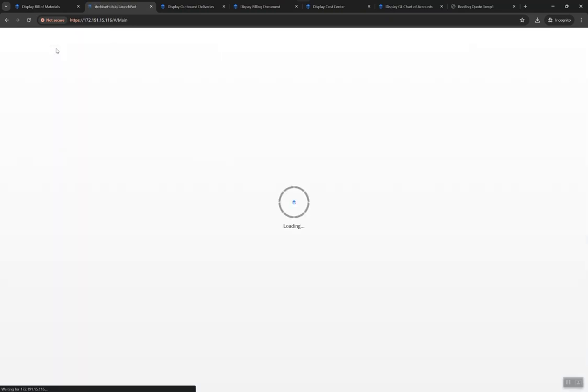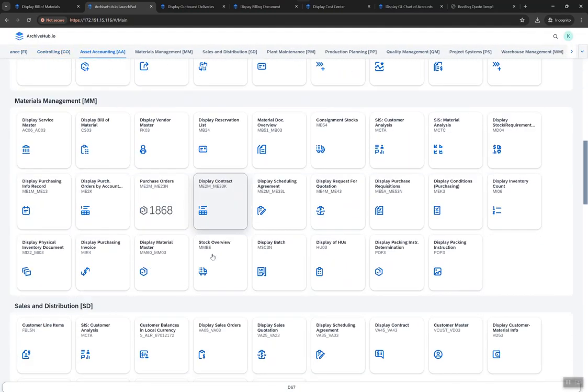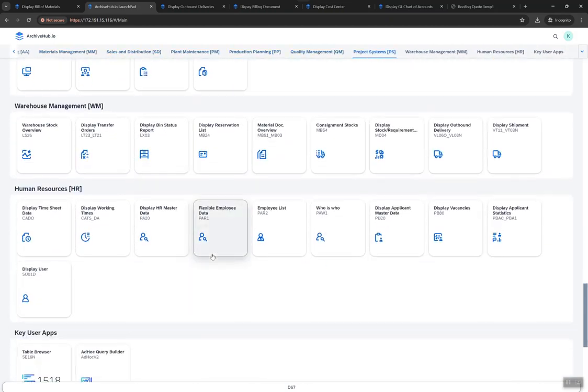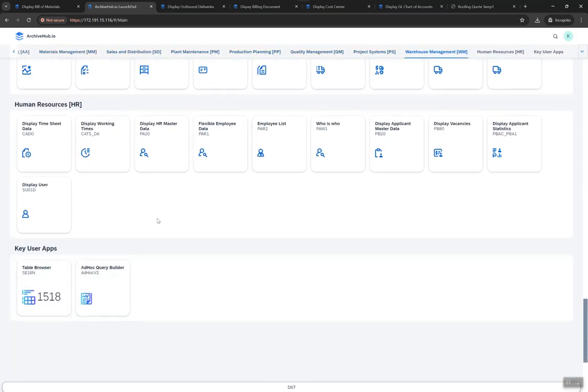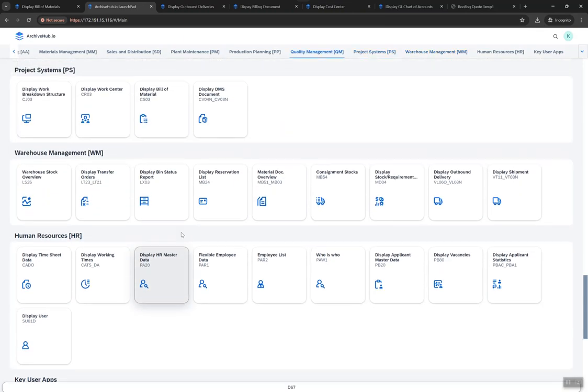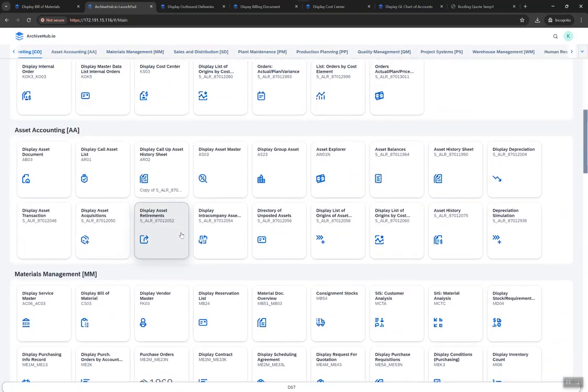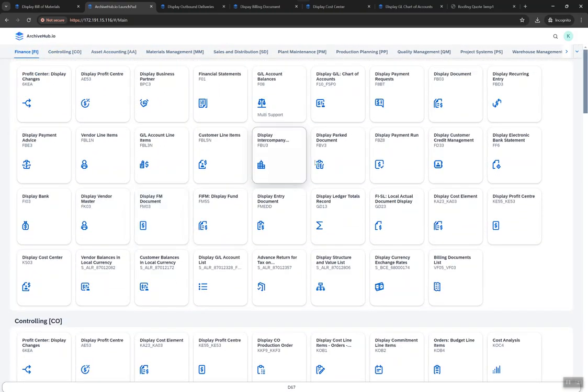Okay, so there is another one called ad hoc query builder. This is for advanced users. There is another video that I'll give you where I explain scenarios for this ad hoc query builder. Other than that, just play around with this system and see the look and feel, and let us know if you find any issues or any gap. We'll be able to fix it